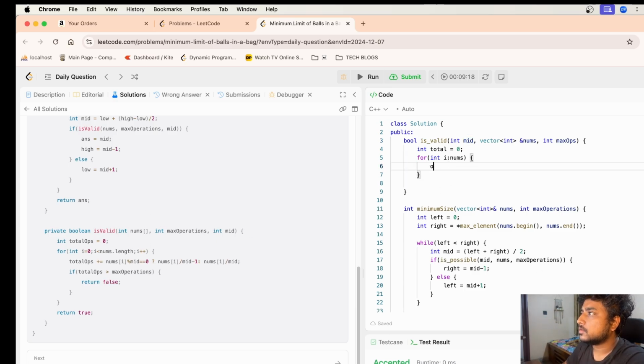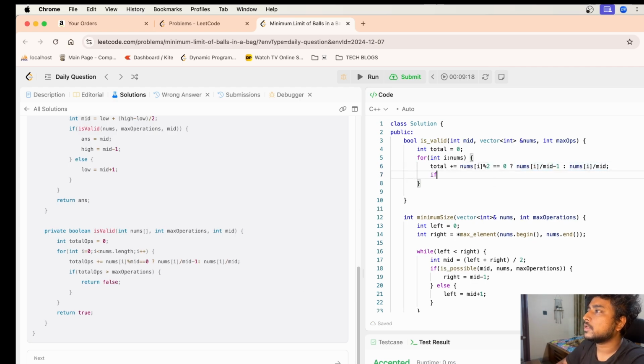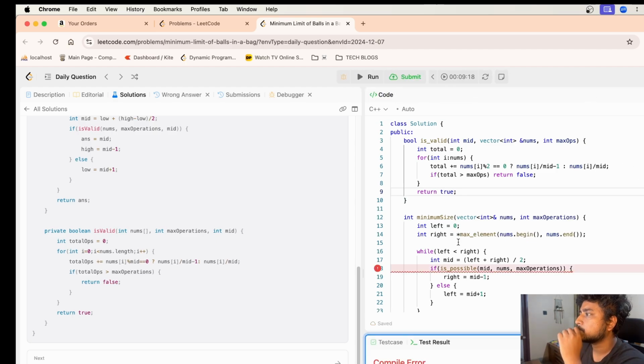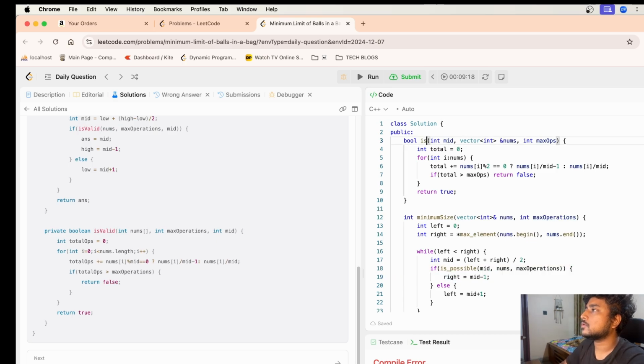So total, it's the same thing. Okay, and if this total is greater than max ops, return false, and if it is not, return true. And this is possible, just keep it there.